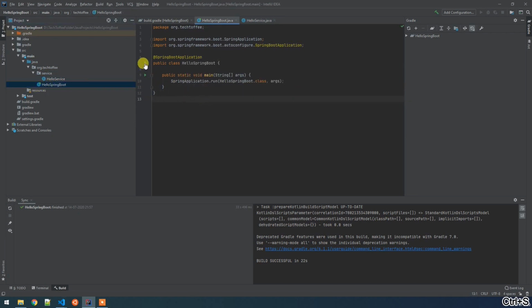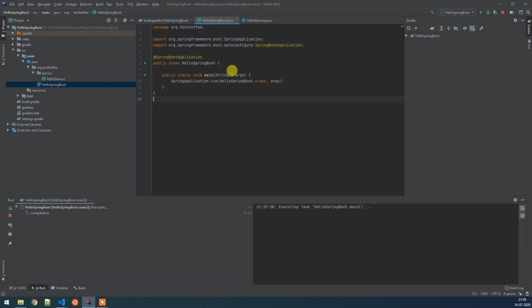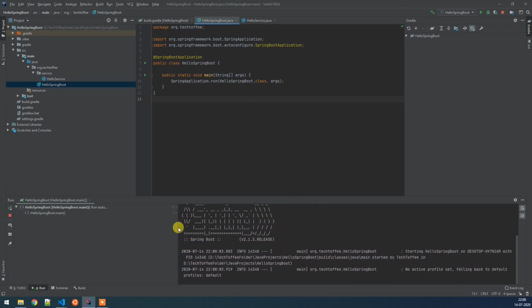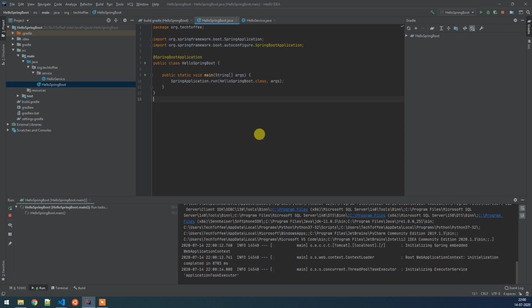We will run our main class and let it build. In the logs you can see that the build is going through. Now you can see it is writing that Hello Spring Boot is starting on your machine name. Initialization is completed.